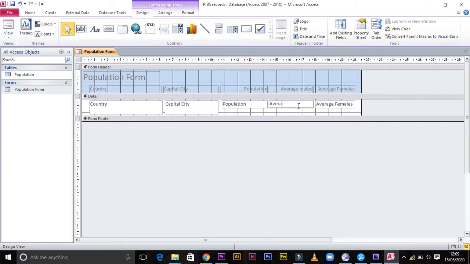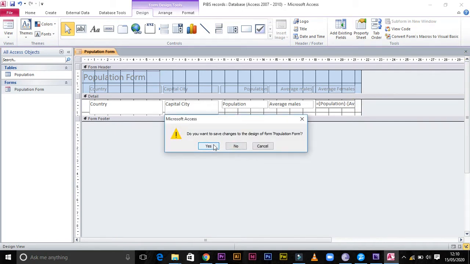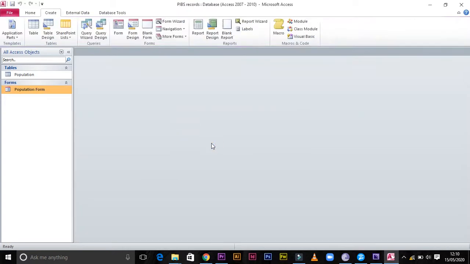Let's just repeat it. So this one is where we are calculating, so we just write the formula, equal sign population minus average males, then you just click OK, that is you close, then you click yes, then you try to open